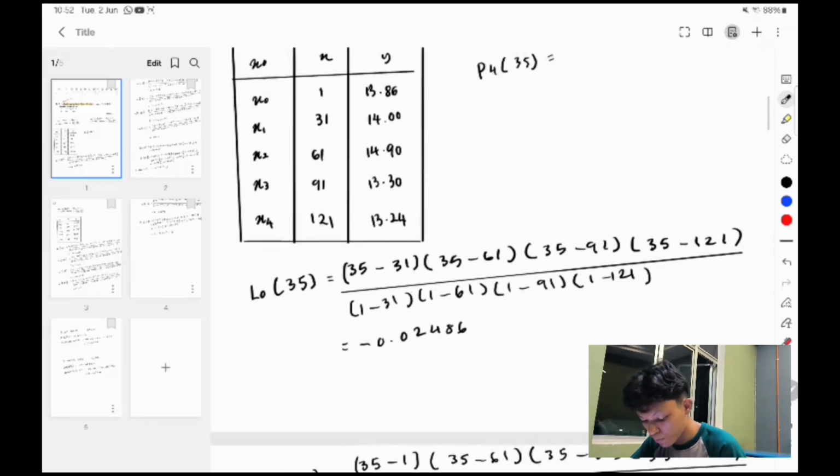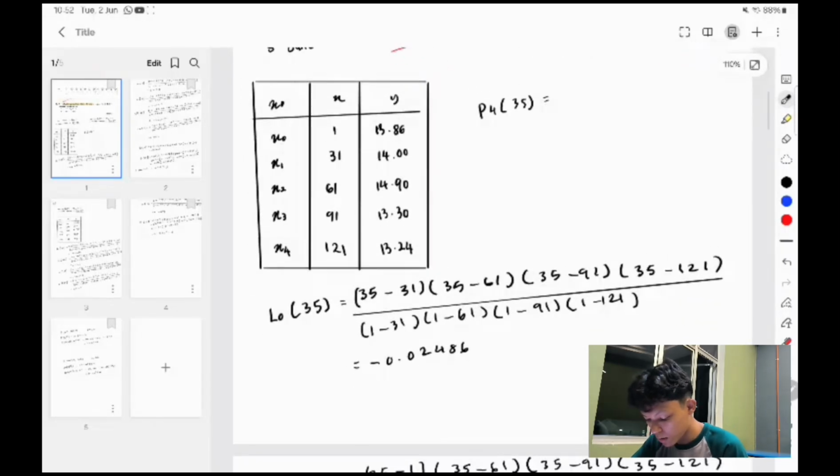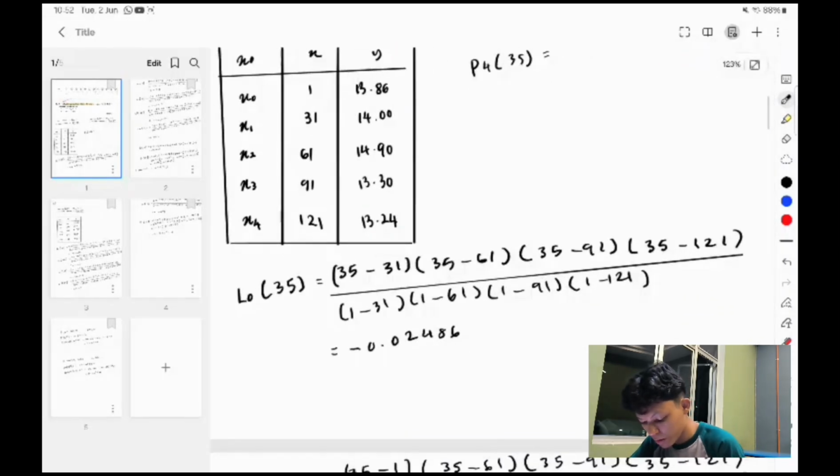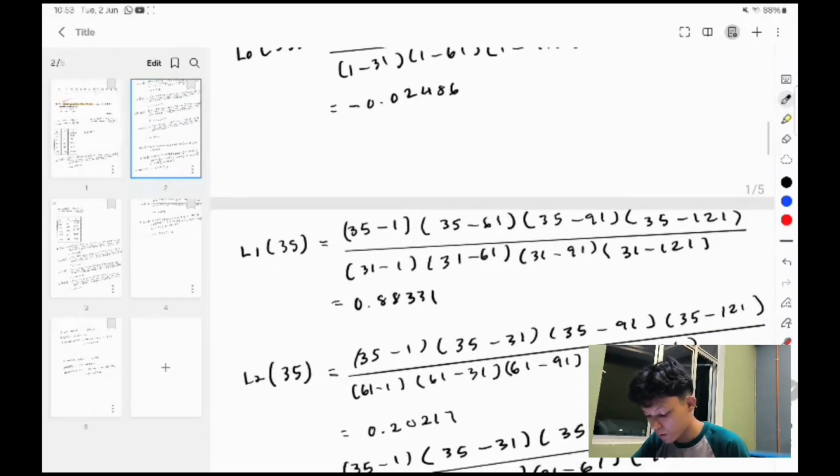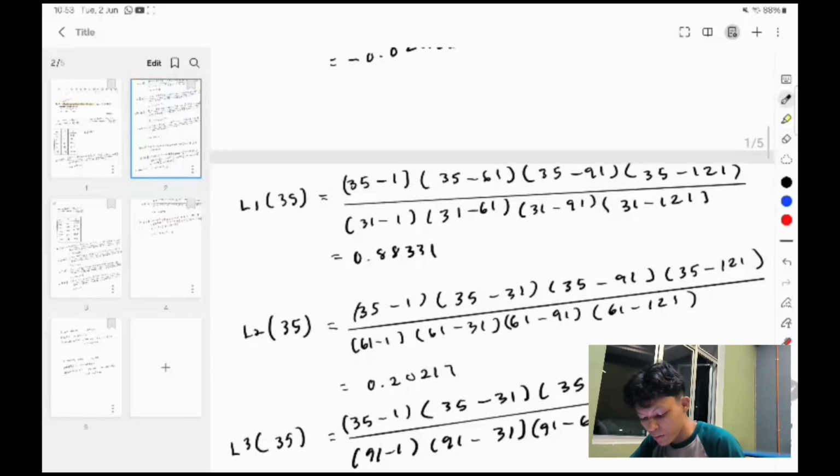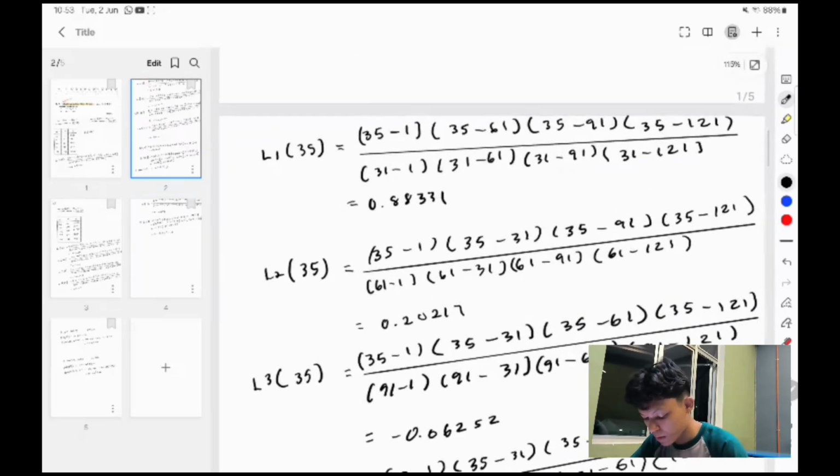For L0, we use the L formula and we got negative 0.02486, and for L1, we got 0.88331, and for L2,